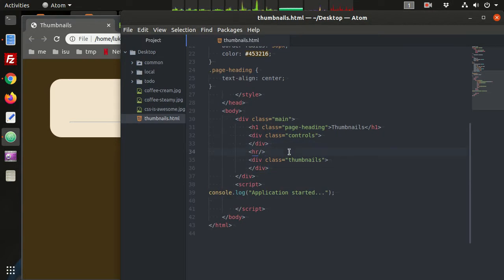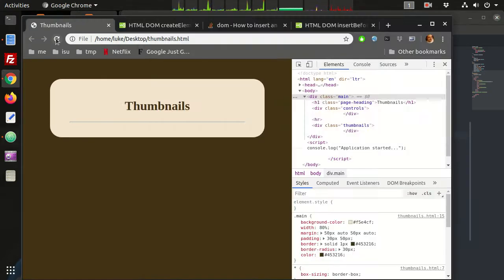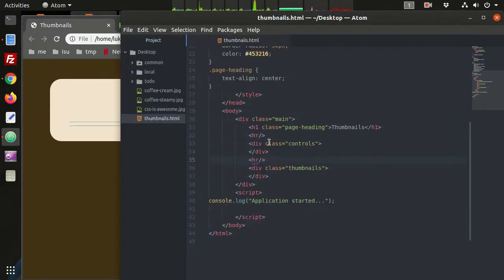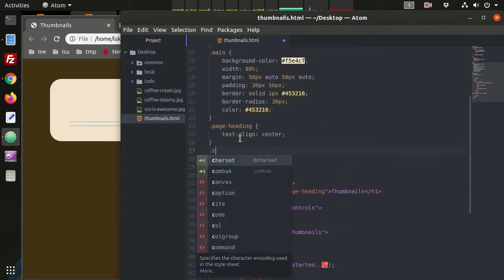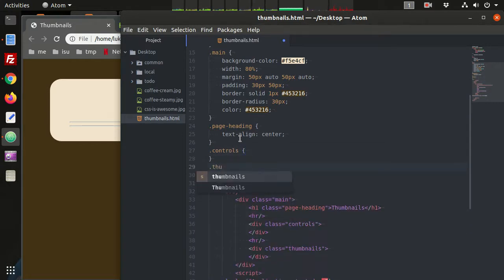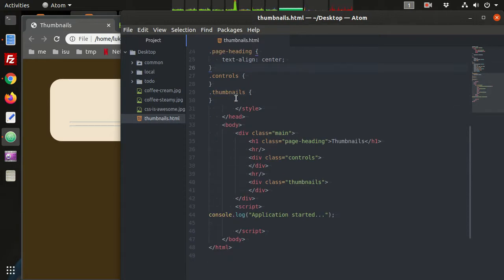And I might want another one of those up here after my heading. So I have my heading, and then in here I'm going to have my controls, and then underneath here is where I'm going to have my thumbnails. Okay, so we've got controls and thumbnails. Okay, so now to start with,